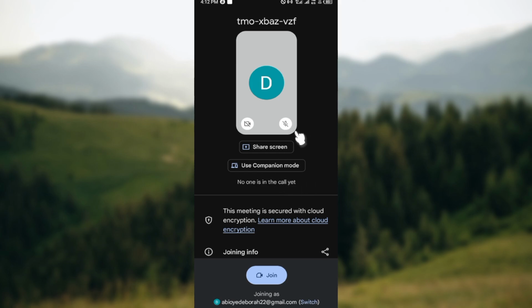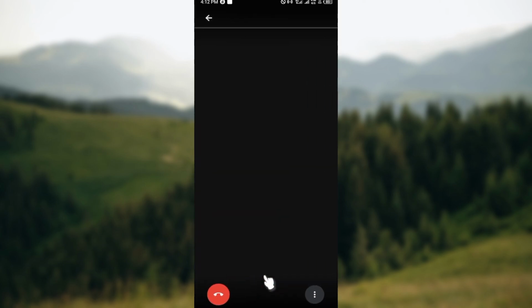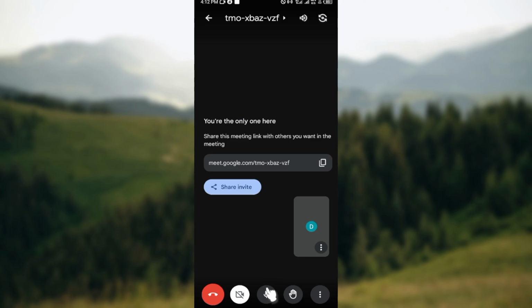And so as the host, I have the ability to share my screen directly from joining the meeting. But if you're not the host of a meeting and you want to share your screen, the first step would be for you to join the meeting by moving to the bottom part of the screen and click on join. And so after joining the meeting and you're brought to the meetings page, the next step would be for you